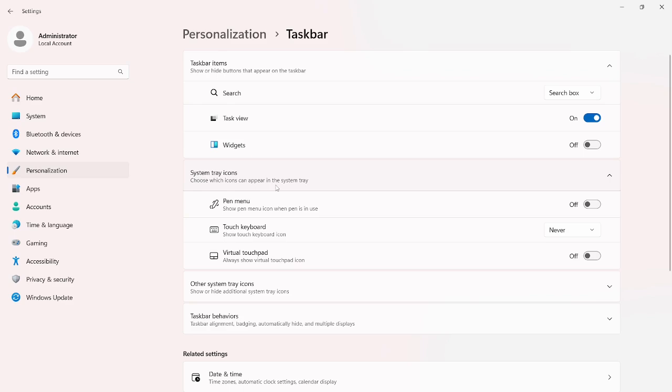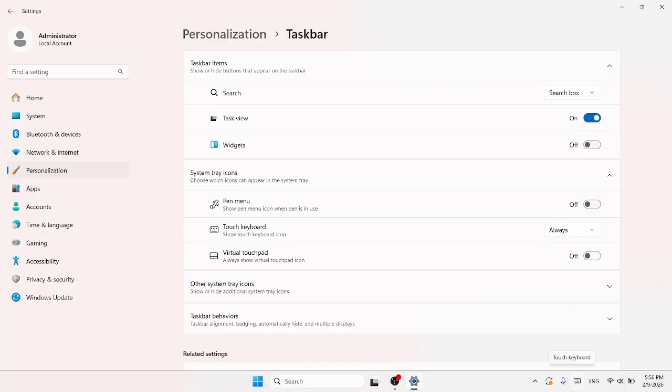One of the available icons is touch keyboard. By default it is set to never be displayed, so if you want to show the touch keyboard icon, you need to change this option from never to always or when no keyboard attached. I recommend selecting always here, and after that you can check